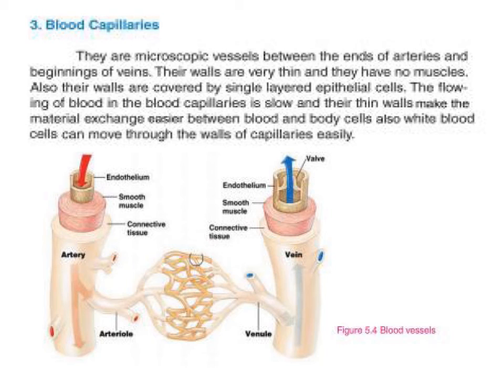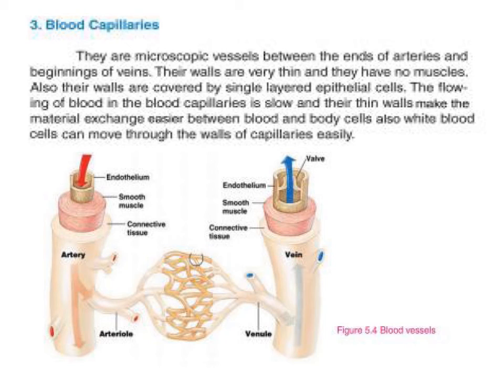What does that mean, they have no muscles? Does that mean there are muscles in arteries and muscles found in veins? Yes, there are muscles. Smooth muscles are found in arteries and smooth muscles found in veins, but no muscles found in blood capillaries. Also, their walls are covered by a single layered epithelial cell. Single. The flowing of blood in the blood capillaries is slow, and